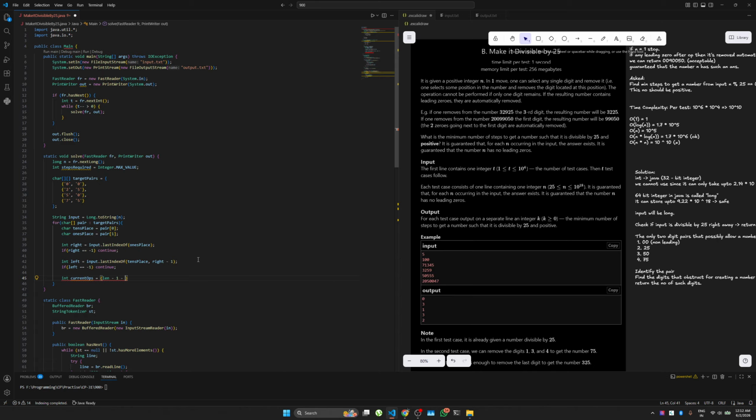So this will be total length minus right minus 1, because the indexes start from 1, but in Java it starts from 0. Taking that into consideration, this will be input total length, and then this will be